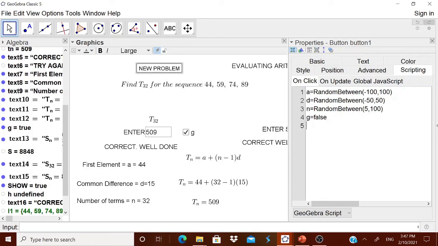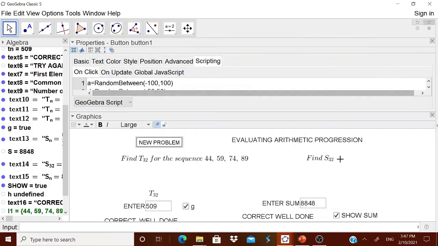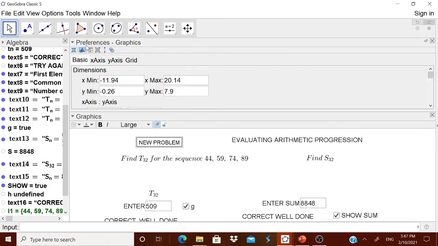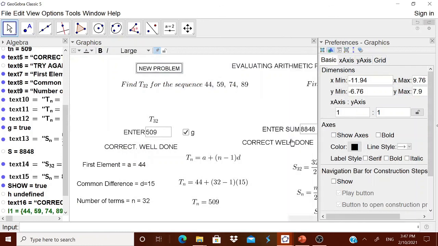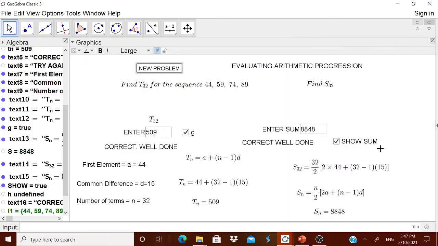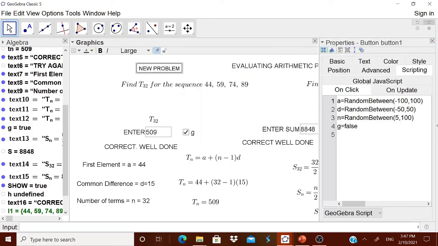Then what is the name of that? I think I have given the name show. I think it is show. Show sum, okay, no problem. I think I forgot it. So show sum is equal to false.